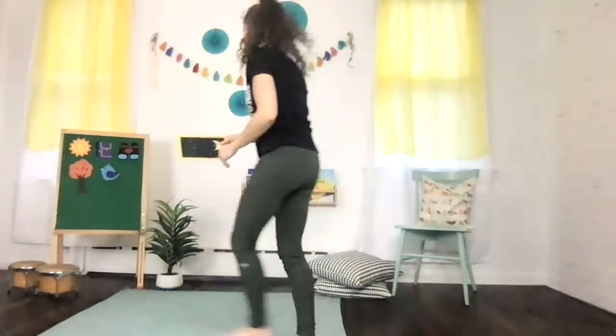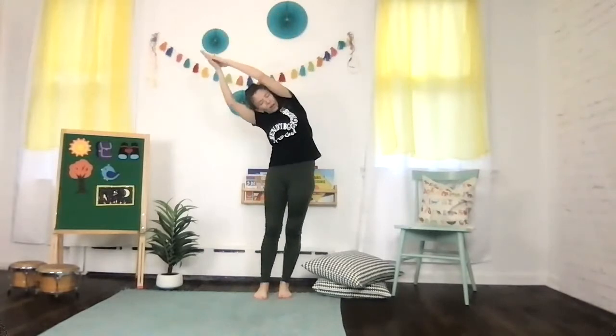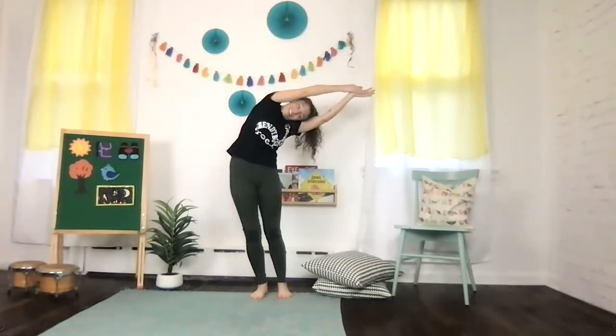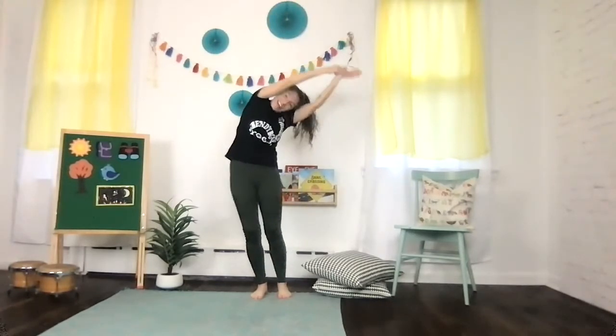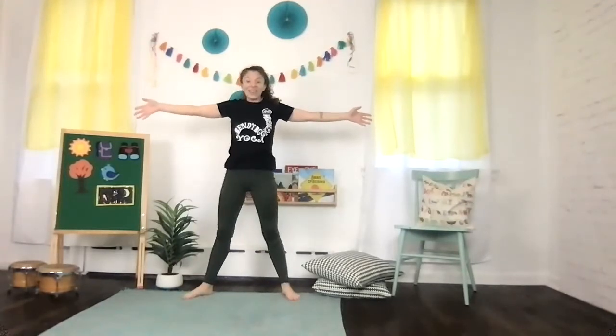You ready? Come back onto your feet. And clap your hands above your head. And lean all the way over to one side. And come back. And lean all the way over to the other side. And come back. Now wiggle your fingers to your shoulders and go tickle, tickle, tickle, tickle, tickle. Arms out. Step your feet out. And we sing,